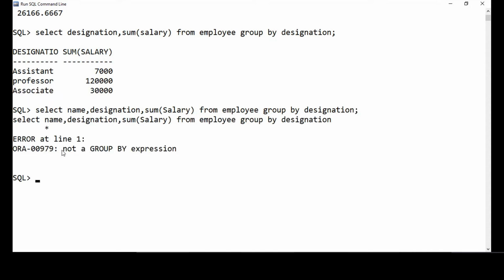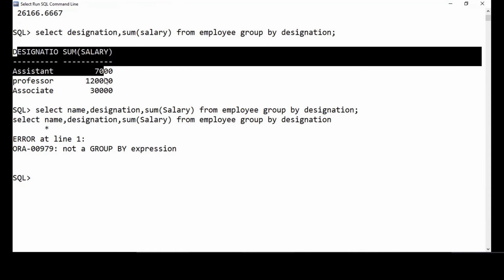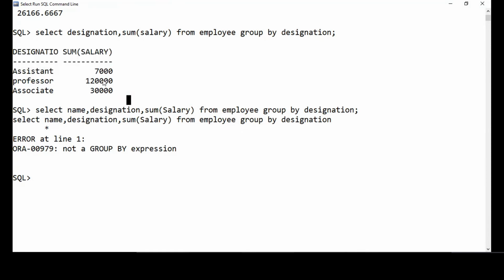It will throw you this very famous error, not a group by expression. So you cannot select any other field other than the field that you're grouping by and the group function. These two things only you can select: the column which you're grouping by and the group function can be selected in your output. You cannot select any other column from the table.